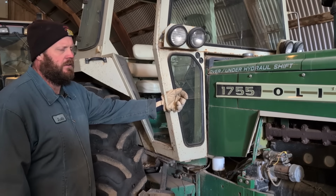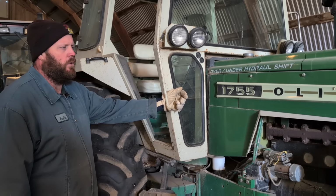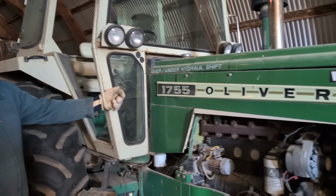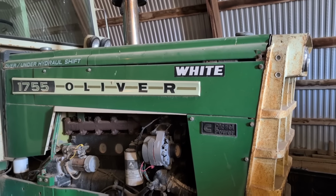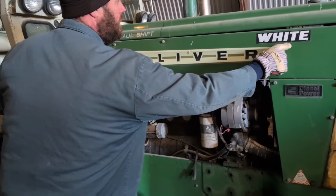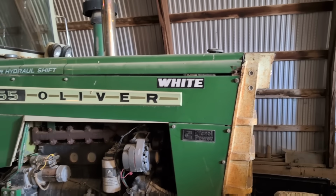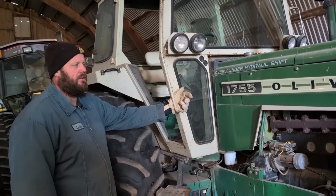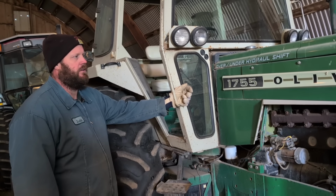This tractor, I believe, was a May of '71 tractor. And that sticker disappeared shortly thereafter because, bear in mind, all the old Oliver guys, this is a swear word. Nobody liked White. My dad, when I was a kid, had a 1950T front wheel assist, and